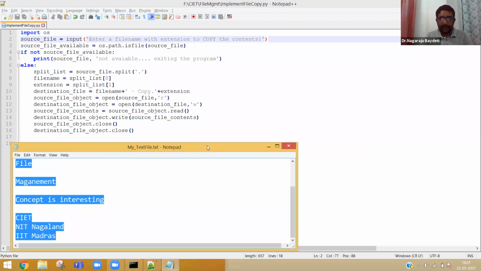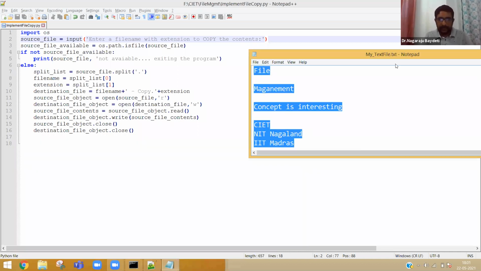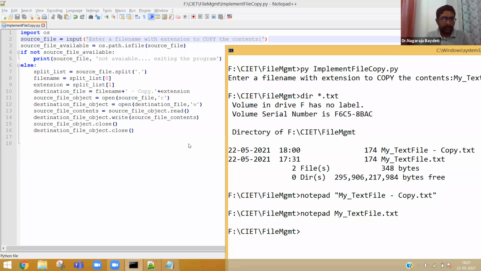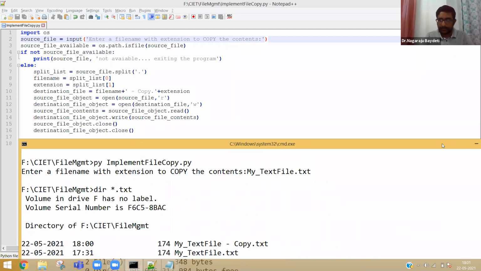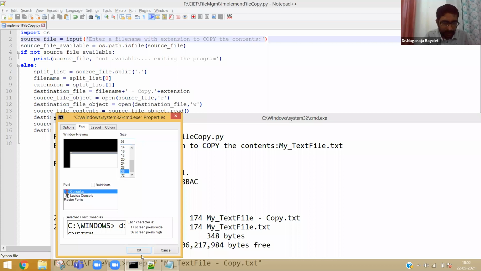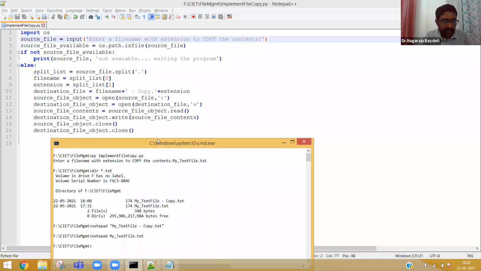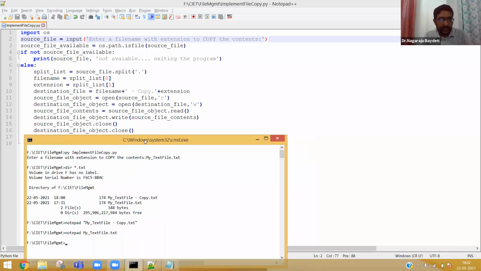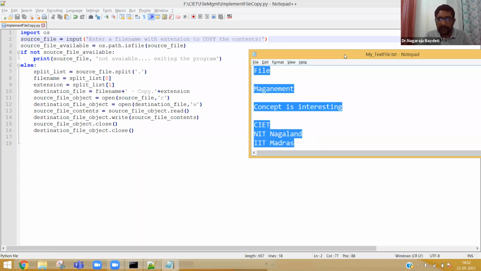This is my program. This is the original file. Just let me come back and keep it here. Give me a moment, guys. For the screenshot purpose, let me reduce the font. If you are unable to see right now, anyways, I am going to share the screenshot. So this is the original file.